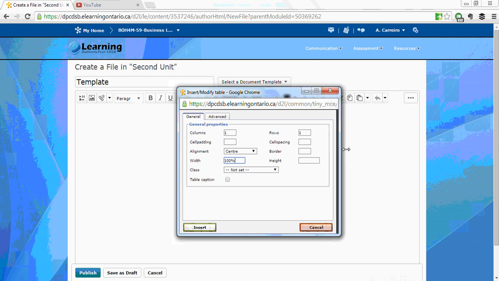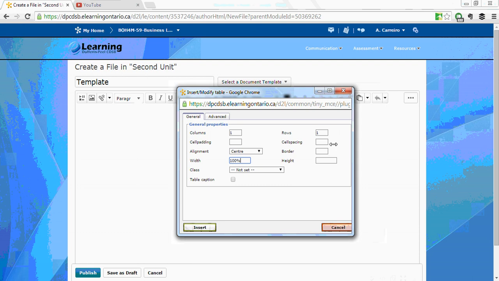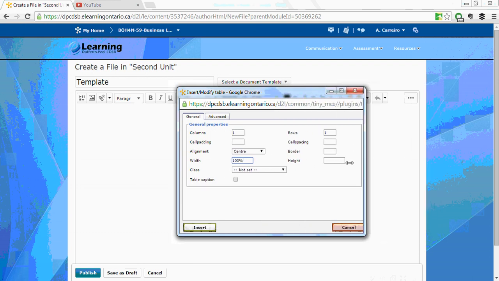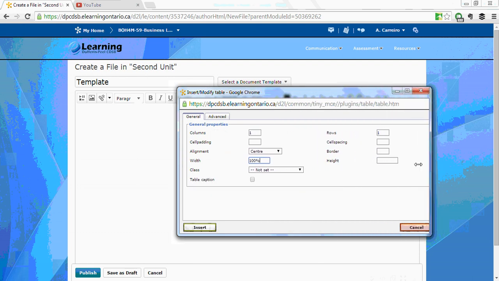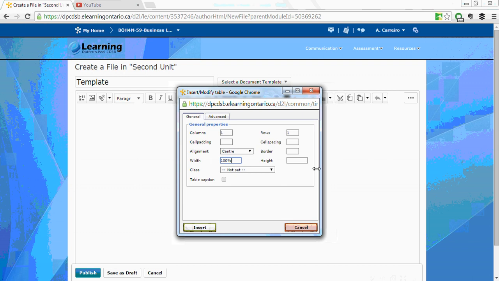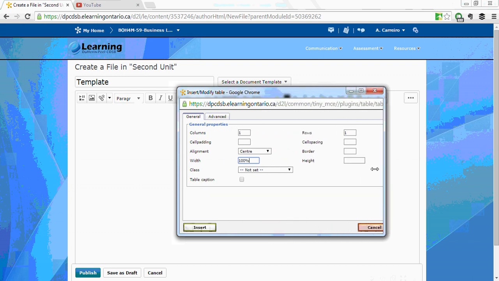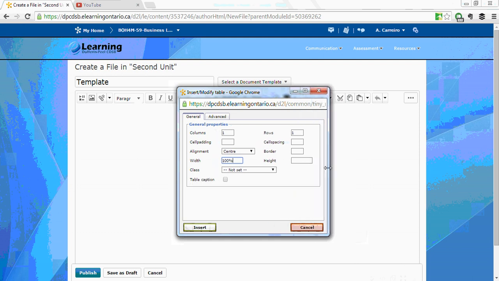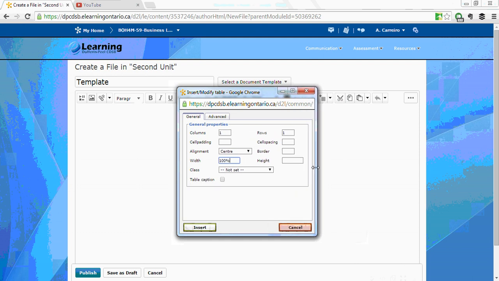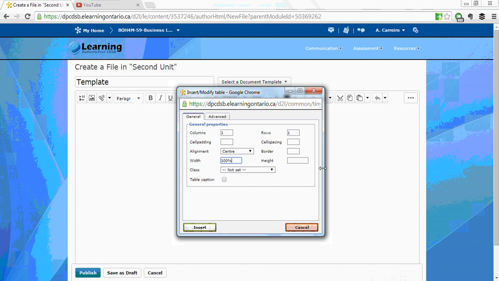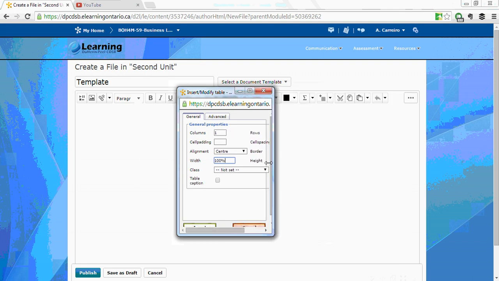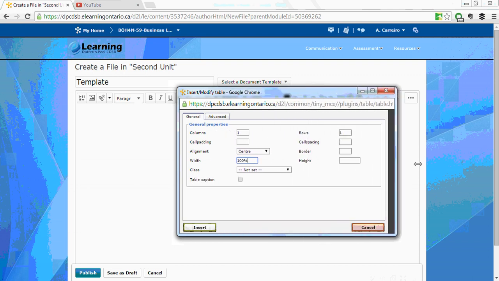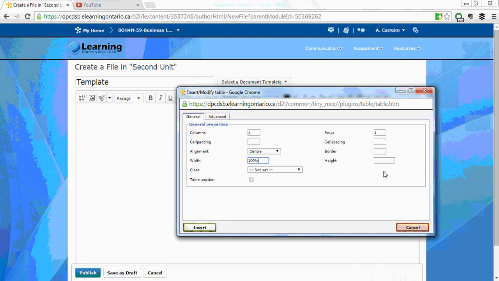But the reason why we put percentages in is because when, let's say, the browser is resized by the student, by yourself, it stretches and rearranges things and makes things fit. You can see down here the caption when I move it over, as the cell gets smaller and smaller, it kind of changes, right? So essentially this is 100%. This is 100%, this is 100%, so on and so forth. So it stretches. For the height here,